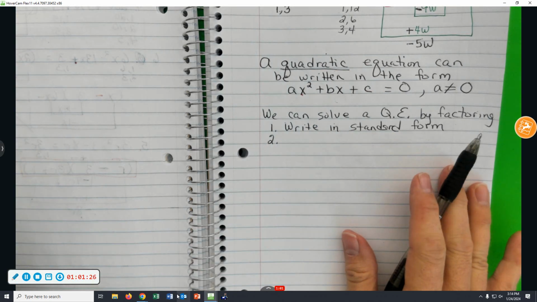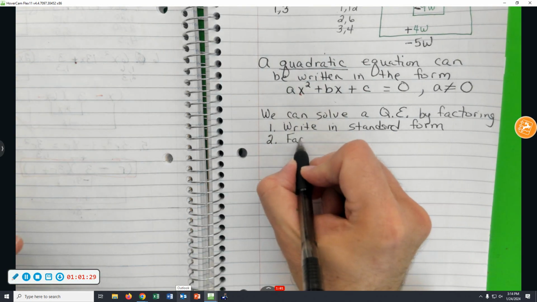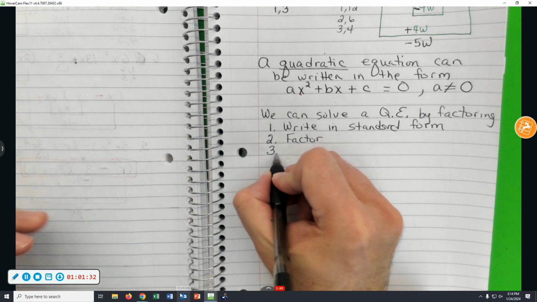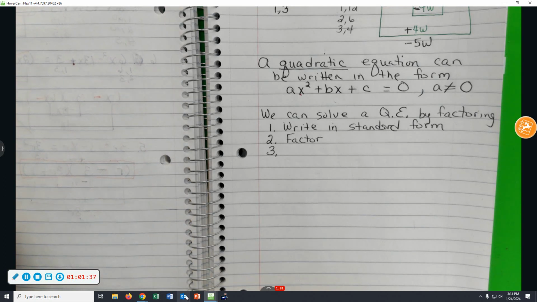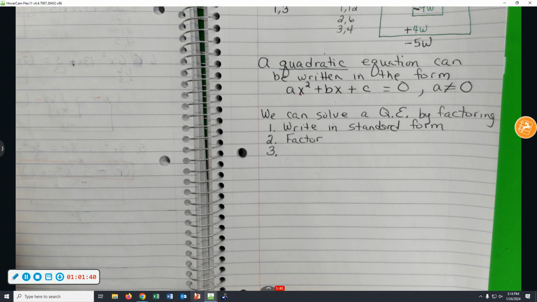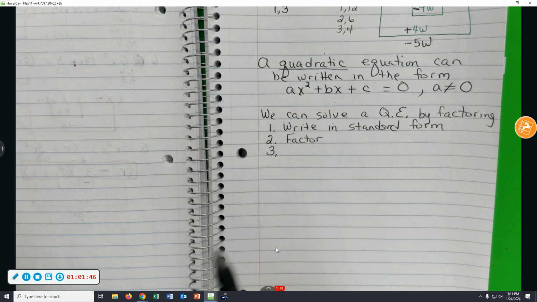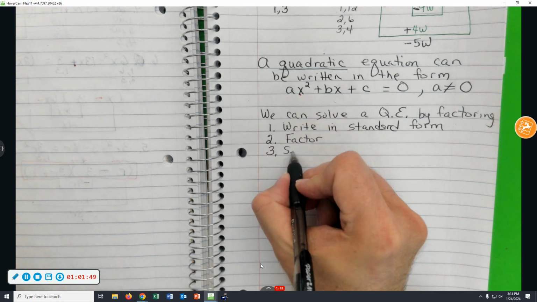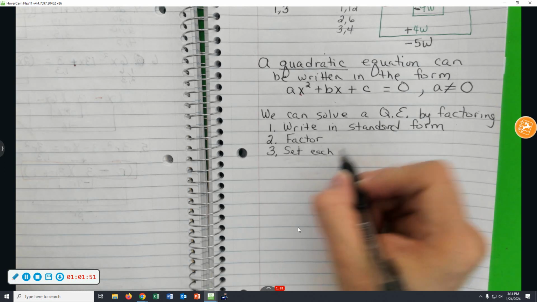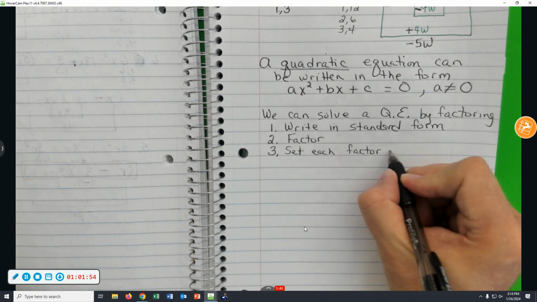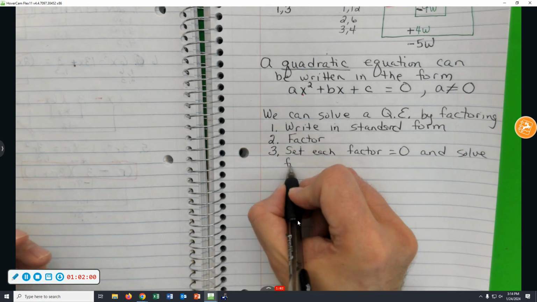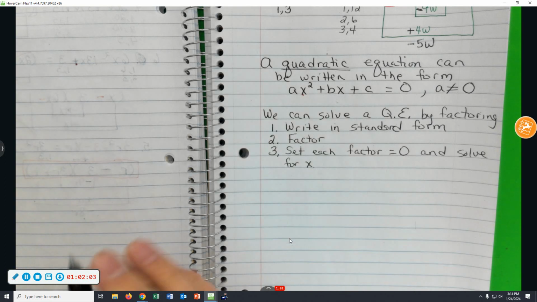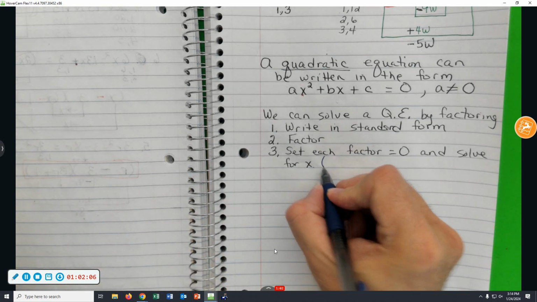So write it in standard form and then factor. If I told you that I was thinking of two numbers and they multiply together to give 0, could y'all tell me what one of those numbers is? 0. The only way you can have a product equaling 0 is at least one of those things better be 0. So third step, set each factor equal to 0 and solve for x. At that point, you have linear equations. By solve for x, I mean perform the